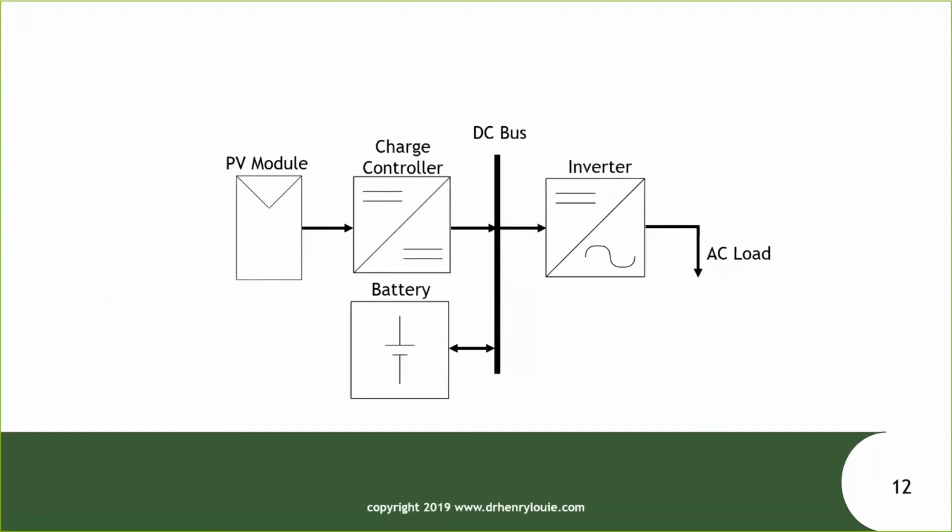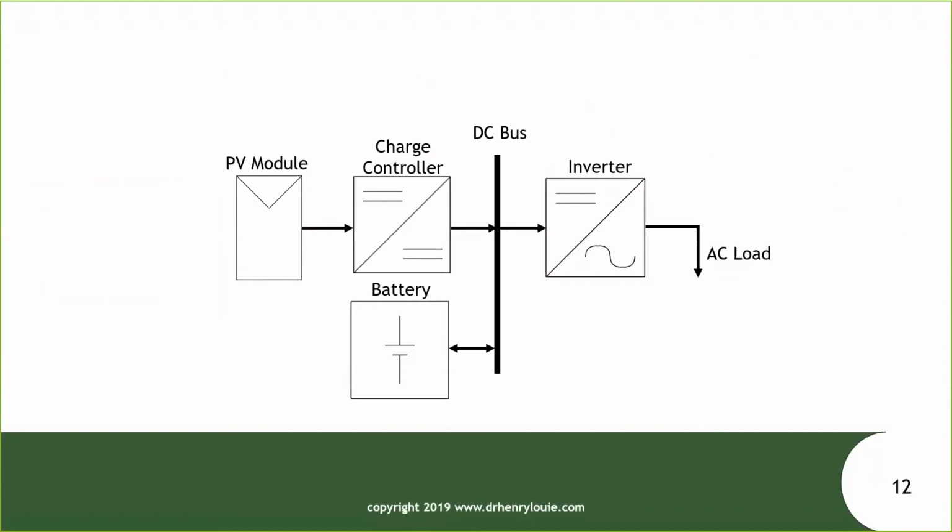The charge controller itself, its main purpose is to make sure that the battery that establishes the DC bus voltage isn't overcharged. Batteries, if you're familiar with them, are quite expensive. They can be the most expensive component in an off-grid system, and they're very temperamental. How you charge them and how you discharge them really affects how long they last. And so the charge controller is trying to prevent the battery from failing. It's trying to keep it in service for as long as possible.